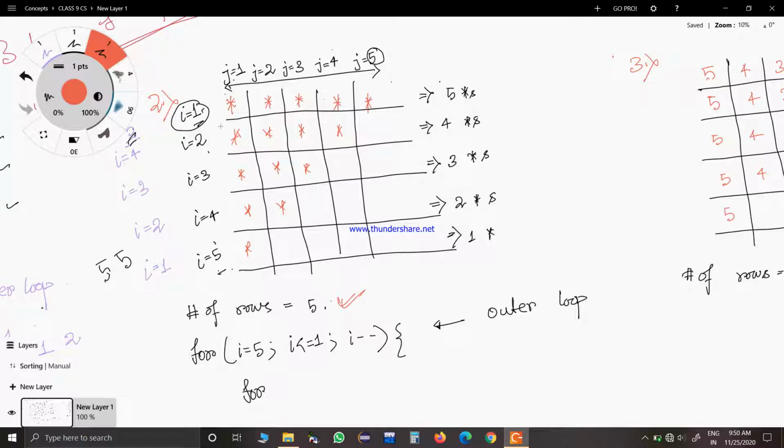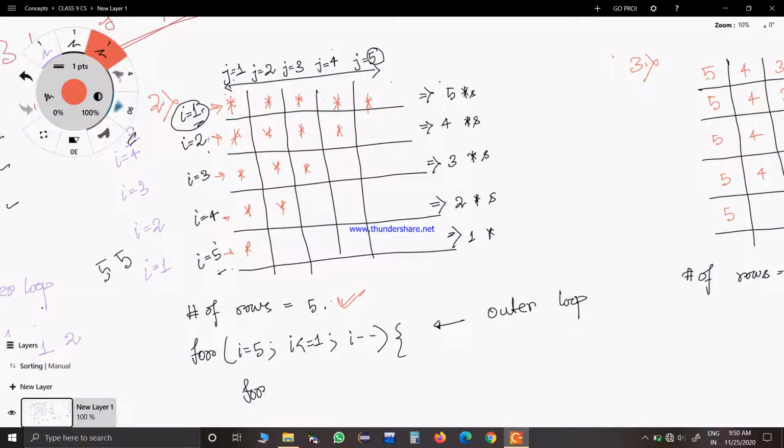Now you try to find a good value of I. First of all, let us start with a value. We do not know how to find it yet. Let us start with a value of I equal to 1. When you start with I equal to 1, 2, and so on, you are basically labeling each and every row. So this row is I equal to 1, this row is I equal to 2, this row is I equal to 3, this row is I equal to 4, this row is I equal to 5.